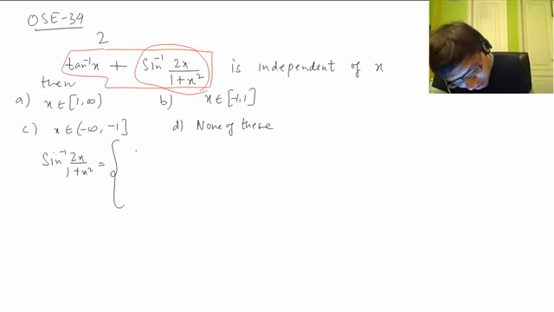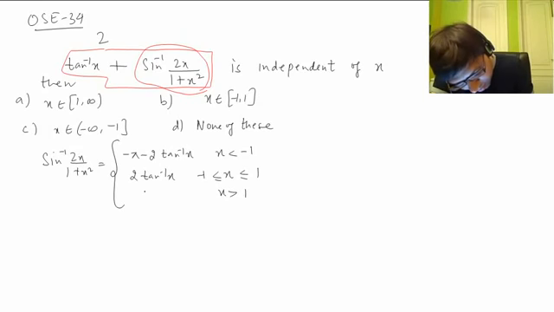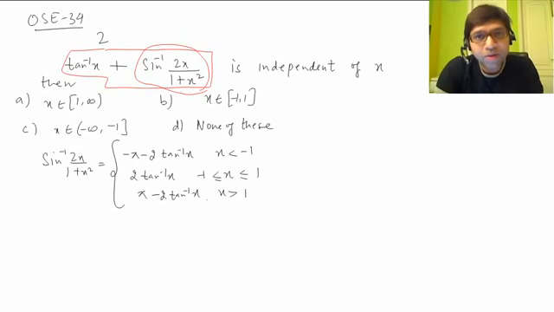The compound form is minus pi minus 2 tan inverse x when x is less than minus 1, and when x is between minus 1 and 1 it is 2 tan inverse x. Greater than 1 it is pi minus 2 tan inverse x. Now see, this question will take a lot of time to complete if you don't remember this compound form of sine inverse 2x over 1 plus x square. If you know that, this is a question which we'll be able to finish in the next 30 seconds, right? So that's why you need to learn this compound form.